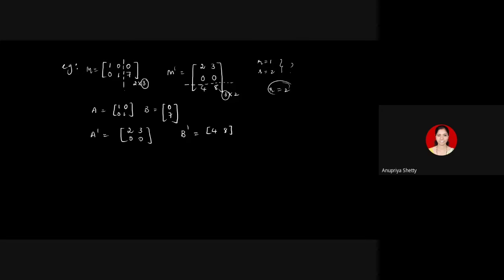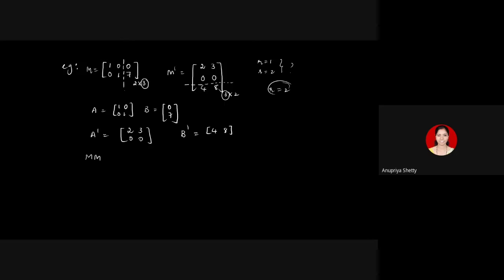So block multiplication, as you can see, will be useful. Say you have a very big matrix, and there is a block where it has a lot of zeros. Try making it a separate block. You know that if any matrix is multiplied with the zero matrix, the resulting product is zero. So in such cases, you can make use of block multiplication. Or just check here: the block A which I have got here is nothing but identity. And what is the speciality of the identity matrix? Multiplied with any matrix, it will give back the same matrix. So your multiplication becomes easier.